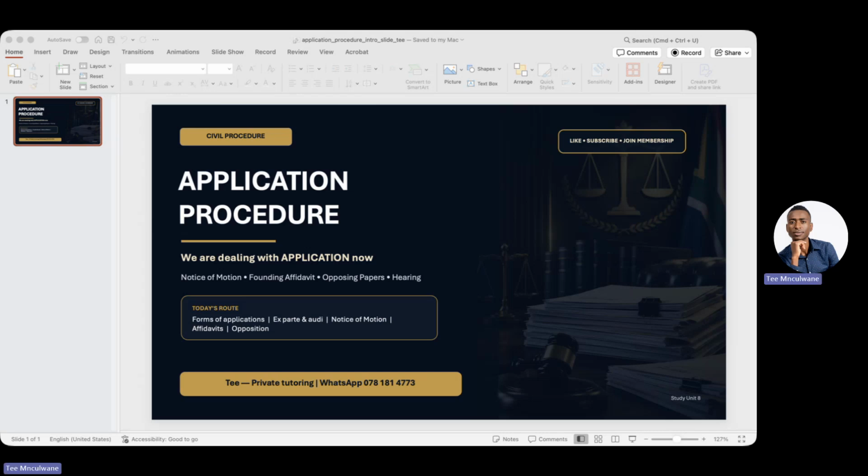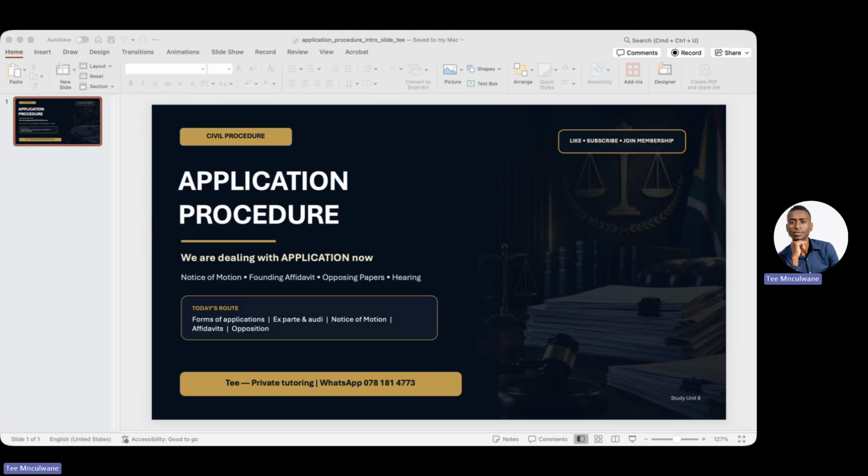So, for example, the applicant says, the respondent signed the agreement on the 10th of January. A copy of the signed agreement is attached. A weak answering affidavit will say, I deny signing the agreement. A stronger answering affidavit says, I deny signing the agreement. I was not in Cape Town on the 10th of January. I was in Durban attending a work conference. I attached my flight confirmation and my hotel invoice. I further state that the signature appearing on the document is not mine. So now the respondent has given the court a real answer.